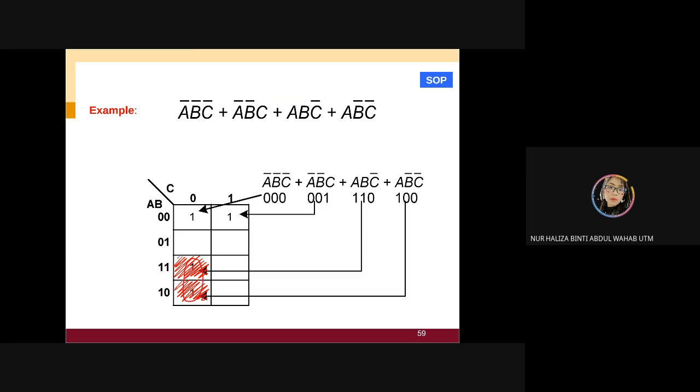So first cell, for this cell, we're going to look up. Our C is 0. Second cell, we look up. Our C is 0. So we're going to take this